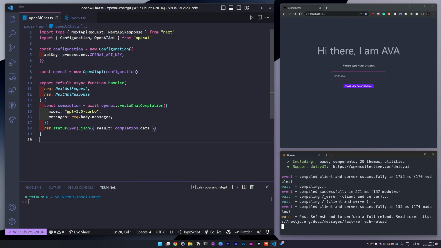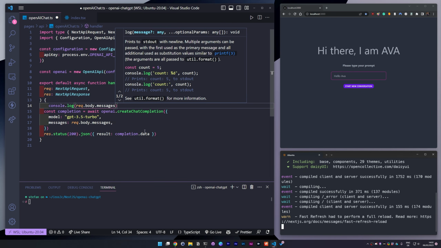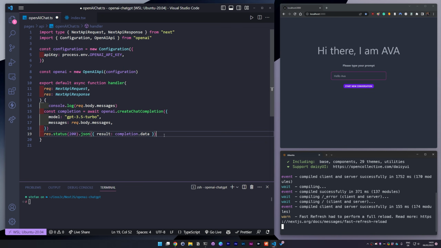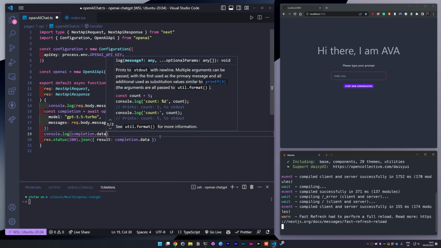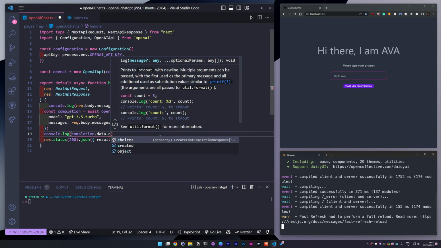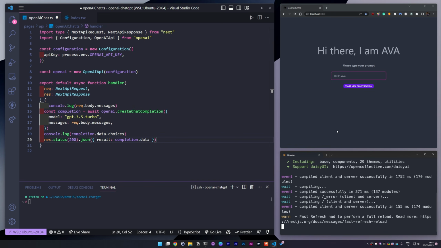Now, how does it actually look like in data if we send that over? We know how it looks like in our chat, but we haven't looked at it inside of our API. So if we just go ahead and console log some things here, we're going to console log the request body messages that we are sending over from the application, and then we want to also render the response, so the completion data. So we say console log, and in here we need to do completion data, and I believe it's content or choices. I think it's choices, to not get overwhelmed by too many